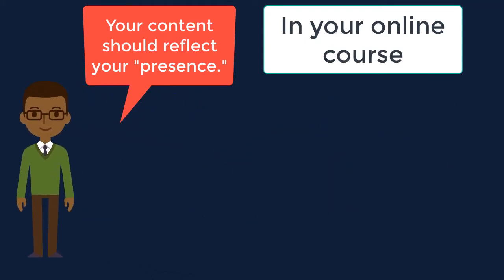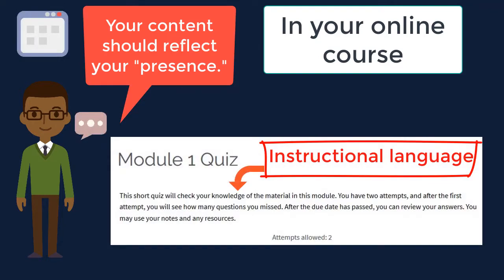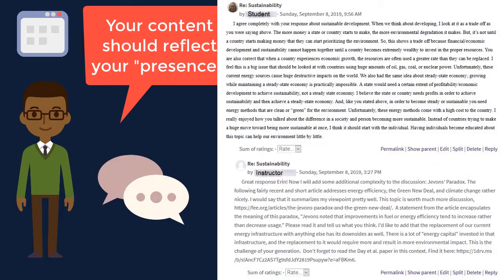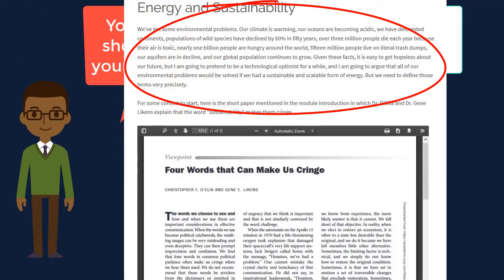The same should be done in your online course by including your own words as often as possible in explanations, instructions, and discussion. Avoid simply reiterating what is in the material you assign for reading and viewing. What you provide in terms of additional context adds significant value to the learning experience of your students.